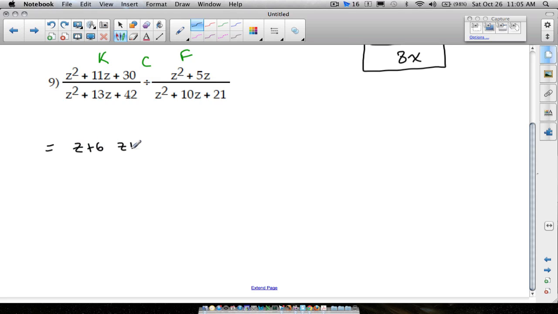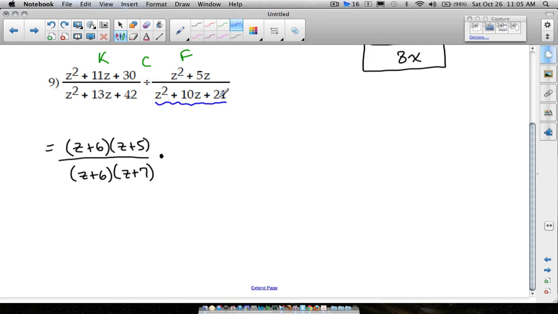So z plus 6, z plus 5 over 6 times 7 gives you 42. 6 plus 7 gives you 13. So z plus 6, z plus 7. Let's remember to change our division to multiplication. And now when we flip, this bottom piece right here is going to become our numerator when we flip the